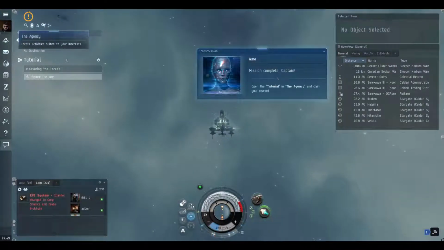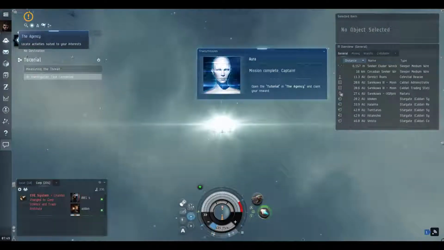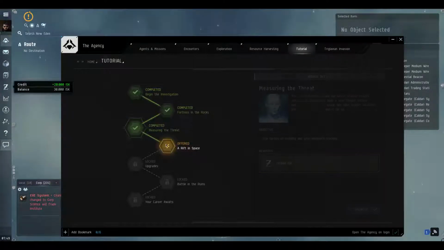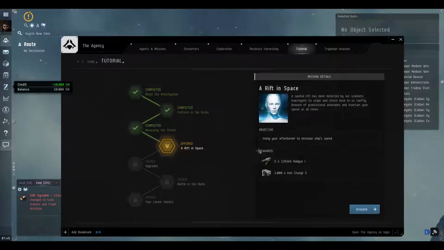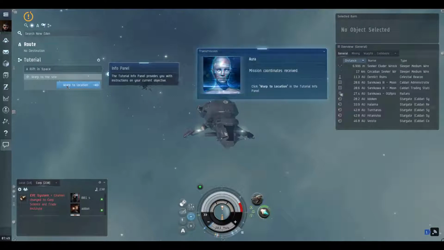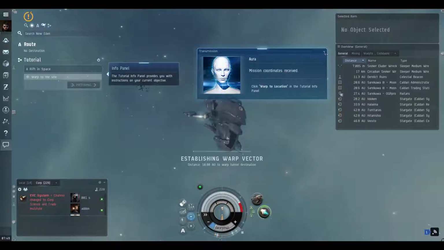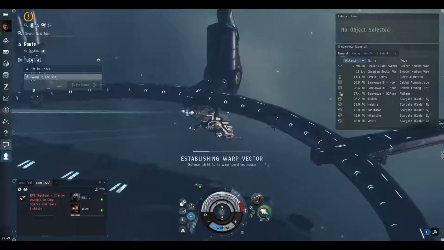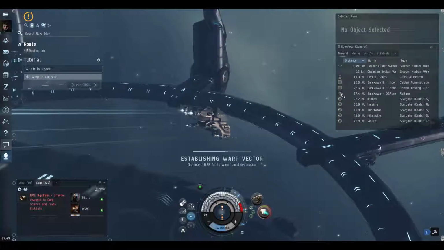So there you go, mission complete. Now you could open the tutorial again and then claim the rewards, 20,000 more credits. Offered a rift in space. Use your afterburner to increase your ship speed. Activate. So you'll get 2 new guns and then ammunition here. So basically, you could just warp to the locations. Nothing really complicated yet, right? The game just sends you around attacking enemies and then maybe looting enemies if there's any loot in